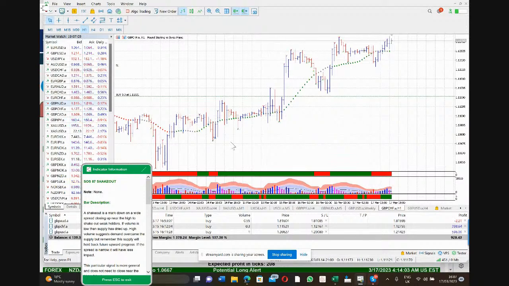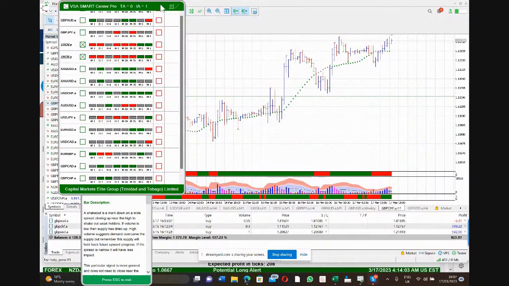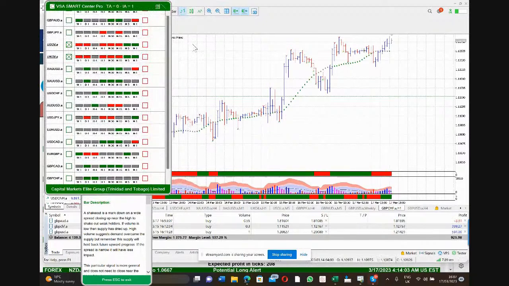Now, a shakeout is, and this is why I use multiple time frames. And how I do this is I use Smart Center Pro. So this is what we use for the Wyckoff Williams investment division in Gibraltar. So it's called Wyckoff Williams Investments Limited, Gibraltar. So what are we doing here? So I'm trading, because we've got now probably around 12 traders that are going to be actively trading throughout April. We're looking for trend alignment. We're looking for climactic volume, which I'm not going to have to show you that 4 hour chart because it's